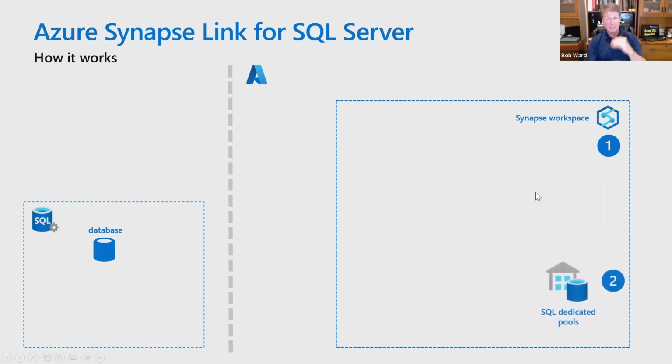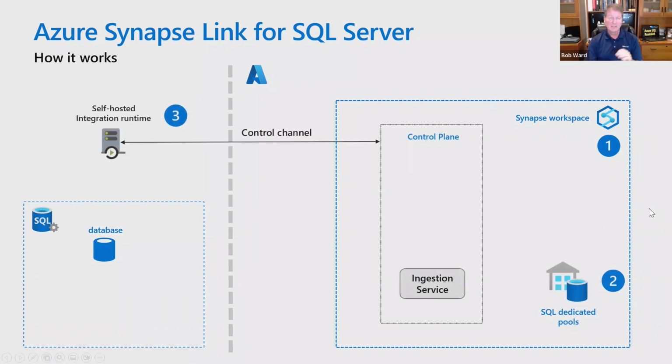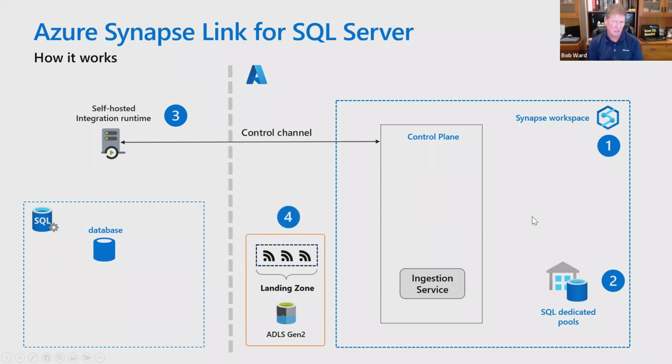You're going to deploy a SQL dedicated pool in the Synapse workspace. And then you're going to build something called a link service. The link service is going to connect and tell Synapse, for a self-hosted integration runtime, what is the SQL Server we need to be connecting to, using something called a control plane, and building something called an ingestion service with Azure Data Factory. Well, that's great. I've got a link service for my SQL Server. Now I need a link service for something called a landing zone. That's kind of a more generic term in the industry. We're using it in Azure data storage and Azure Data Lake storage. This is where we're going to store data from SQL Server to ingest into Synapse. So I've got my two link services.